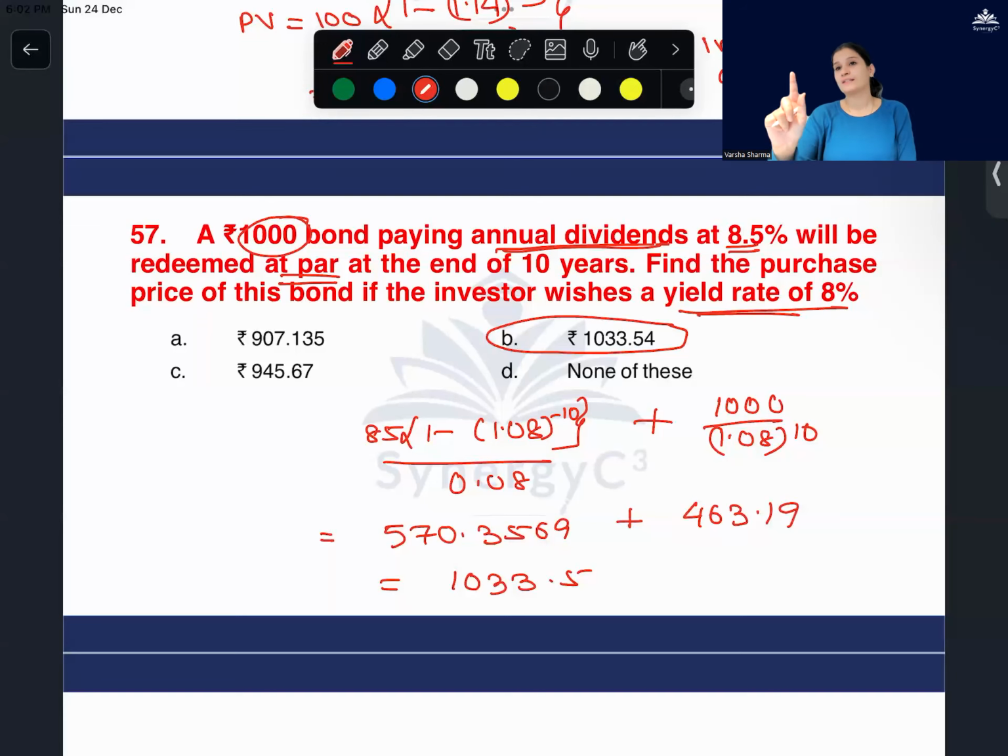That 8.5 is only used once, when you're calculating the interest amount, the annuity. Nowhere else. Rare, but sometimes it comes. Whatever comes in your paper, do it in that way. Do it fine, because if you are searching for the question, you're going to waste a lot of time. From the beginning, whatever comes your way, pick it up. Once or twice, in the last attempt, it was segregated, but before that it was mixed. Usually 99% of the time it's segregated: Maths, then 20 LR, then 40 stats.